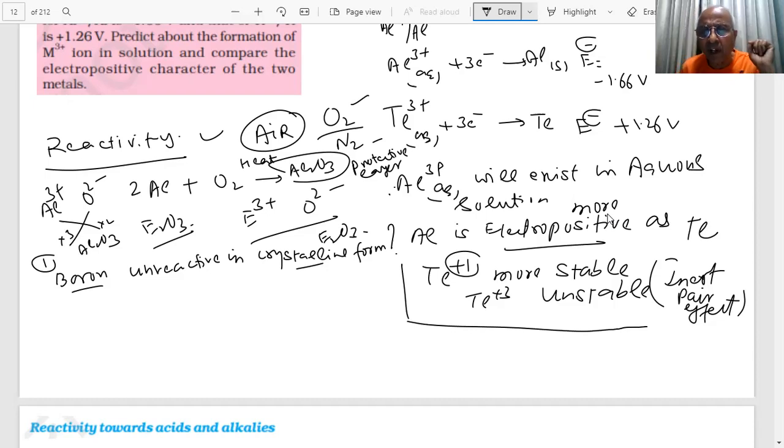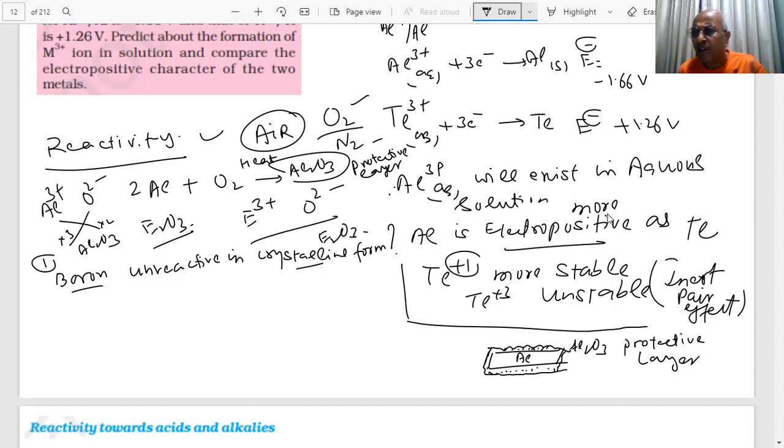But in aluminium, what happens? See, this is aluminium. On the top of this, you have a layer of Al2O3. All over, a layer of Al2O3, students. What will happen now? No fresh surface is available after this. Whatever has to happen has happened on the surface. So it protects. Protective layer. Why do we call this a protective layer? Yes or no? Tell me fast. Now we have to understand everything.